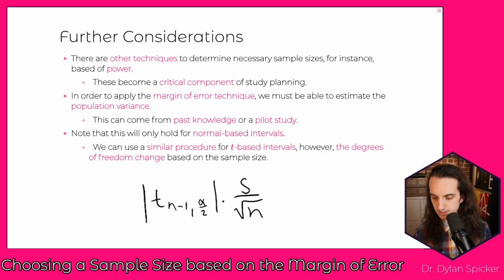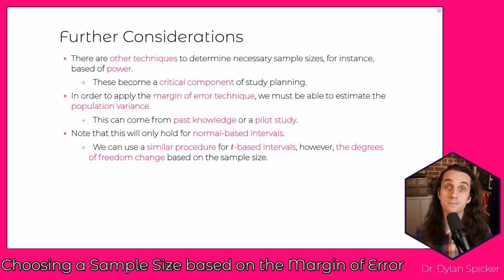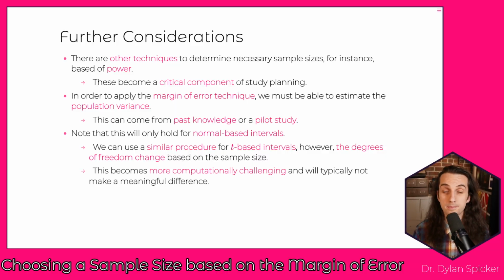Right, and so here we have an n that shows up in the square root of n. We also have an n that shows up in this critical value here. And so if you take different values for n, then you're going to need to be changing both of these things, and it becomes a lot more complex computationally to do. Really, at that point, we're going to need to use a computer to solve these things, so you can't really do it by hand, right? So this is going to become a more computationally challenging problem, and it's not normally going to make a big difference. If you just assumed that you were using the normal values, you're normally going to get roughly the same